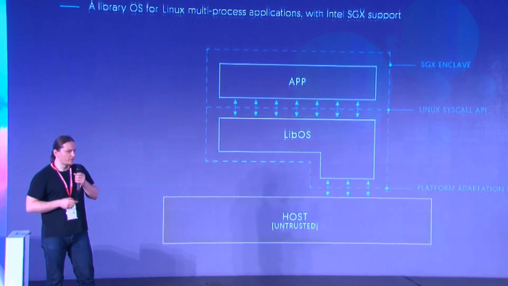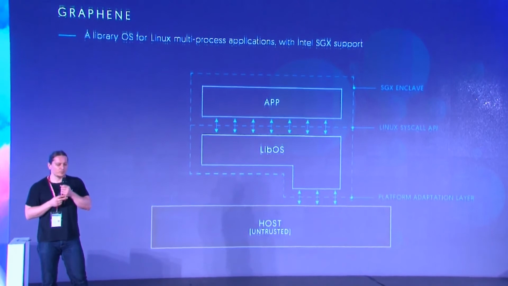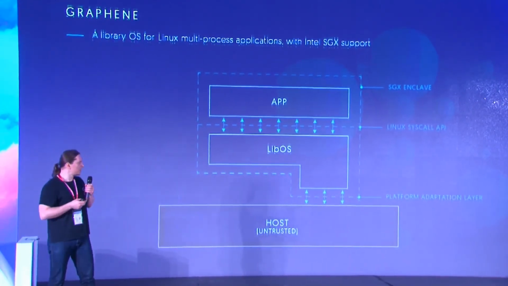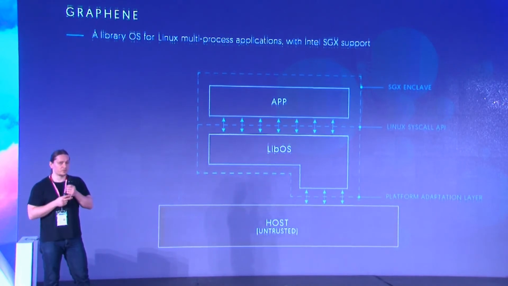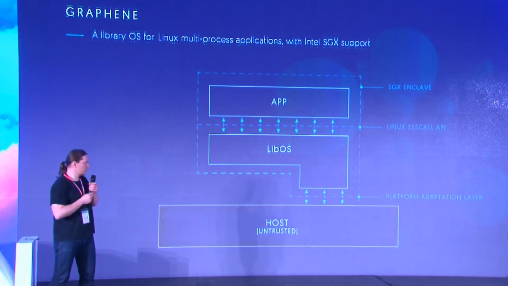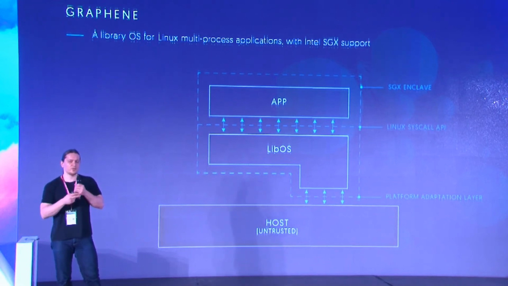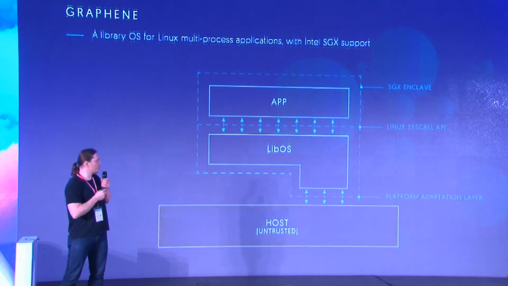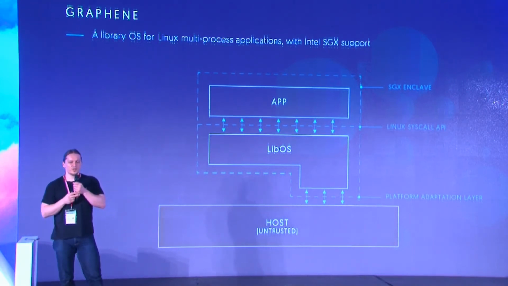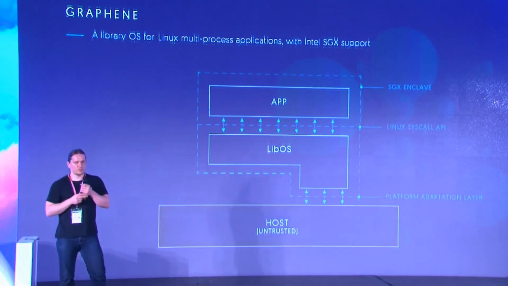And this leads to Graphene. Graphene is a library, well, it's actually a framework which contains a library which simulates an operating system. So it enables us to run an arbitrary application binary, without changing a single byte of this application, inside the enclave. The application communicates with libOS, which means it's a layer simulating OS calls from the application's point of view, and this enclave communicates with the host through a very well-specified platform adaptation layer, which is a very small subset